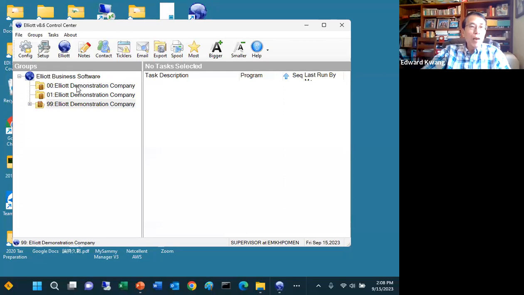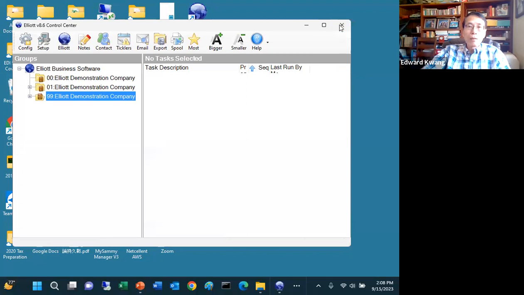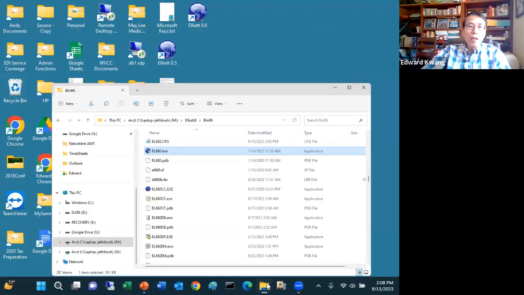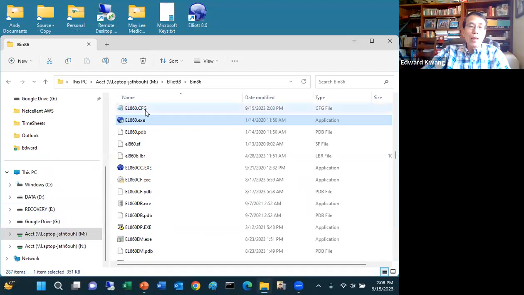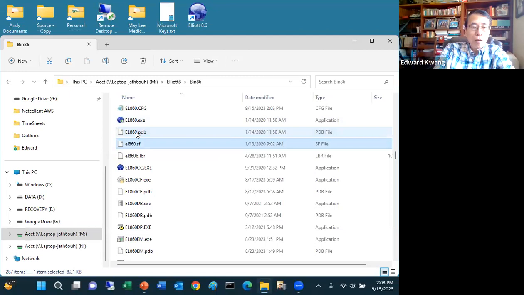But before I go, remember earlier I created a database for company one, right? But what if I want to also use report desk and power search for company 99? In that case, you will need to navigate to your Android, and under the Android, there's a utility called ELA60DB.